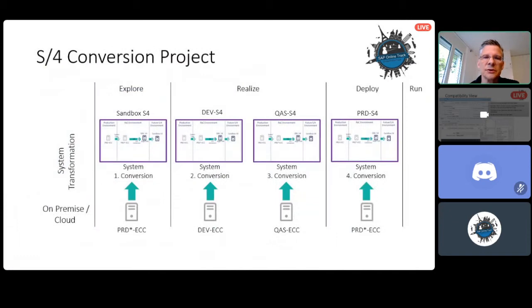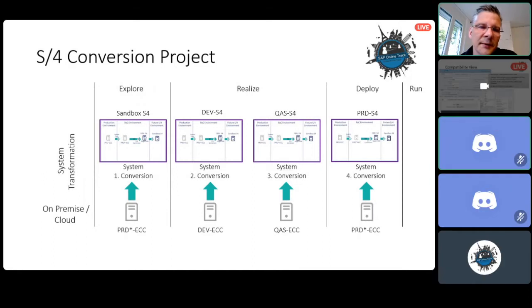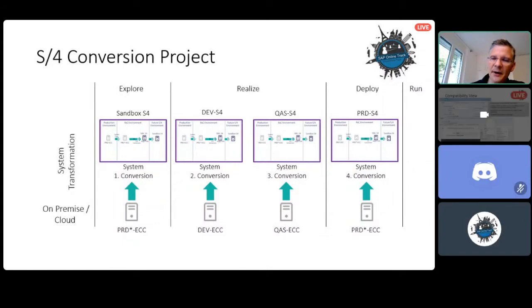Okay. So now imagine yourself being in an S/4HANA project. Of course, we do it not directly on the production. Usually you do a sandbox first, then we do the development system, then we do the quality system, and at the end, the production. So you can change your code in the sandbox or in the dev system, and it will be transported to the production environment. So you're very relaxed on the go-live weekend because your change is already there and it will be transported.